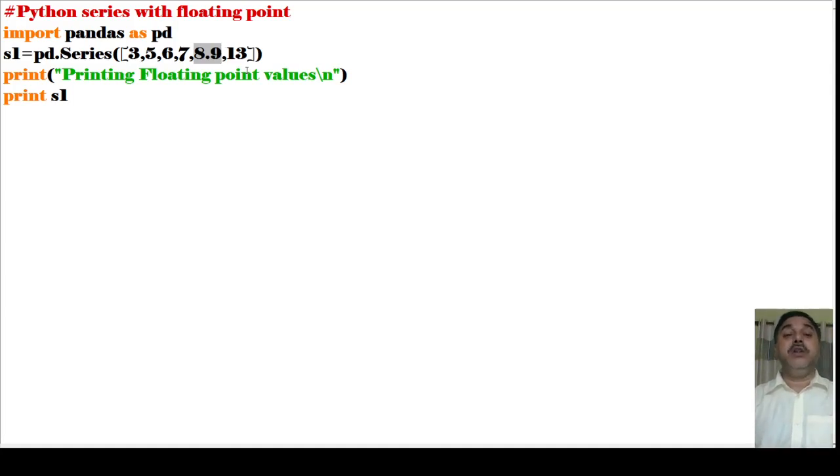There are other possibilities as well. If I remove this, then I can form it into an integer pattern of values. But by giving a single decimal value, I have converted everything into what? A floating point or decimal point number. Now what is this floating point number? A floating point number means a number with a decimal point.